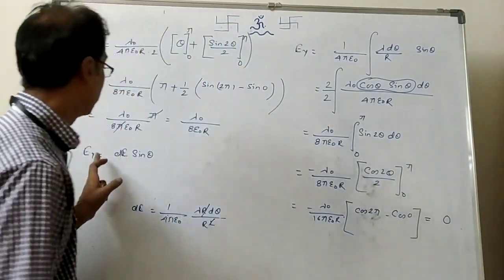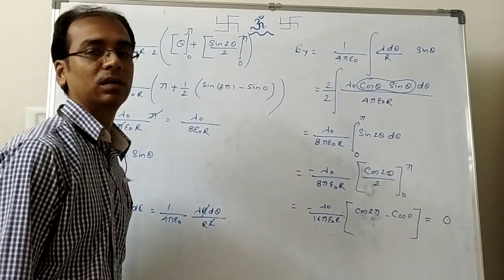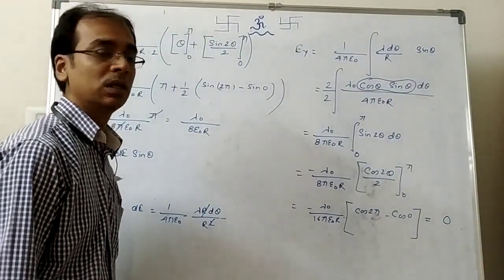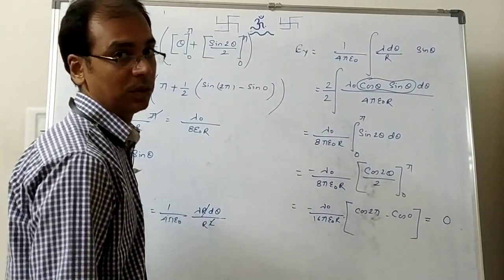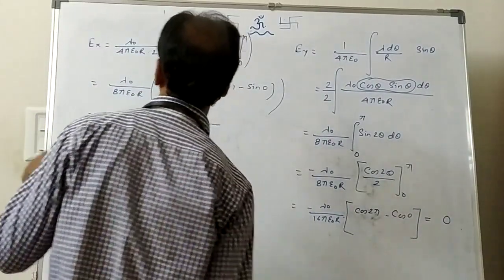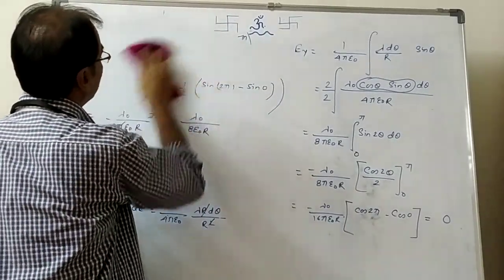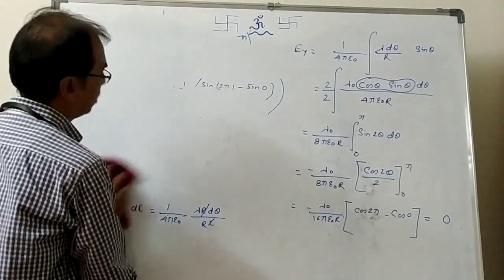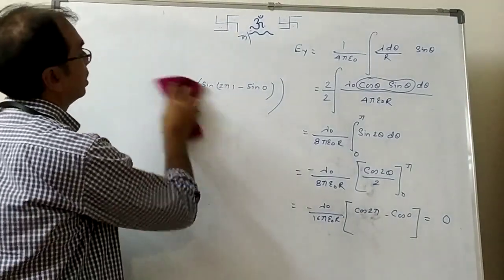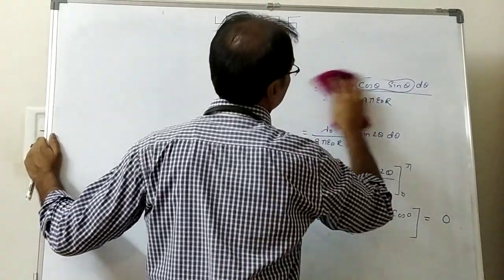But along the x-axis we are getting electric field as lambda naught by 8 epsilon naught r. Is that clear? So these are the kind of questions which can be asked from a ring. Now this section that I am doing is exclusively for JEE. That kind of derivation will never be asked in NEET. But the formula, the final conclusion, we should remember even in NEET.